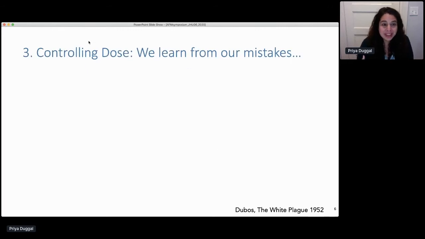And then, of course, we can't completely control dose. We can do challenge studies, which are well-controlled examples of giving someone a specific pathogen. But otherwise, it's not really ethical for us to be controlling the dose or giving people certain infections. We have a history of having done that and knowing how wrong that is. But we can also, at the same time, learn from our mistakes that are natural experiments.